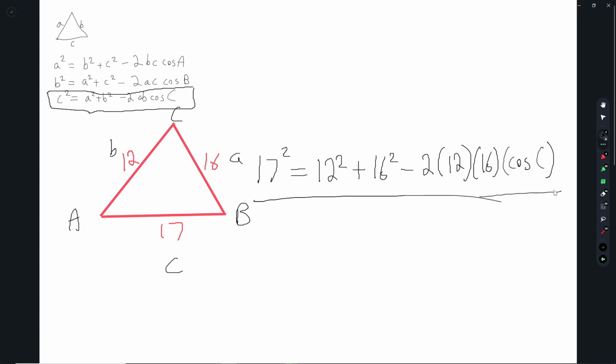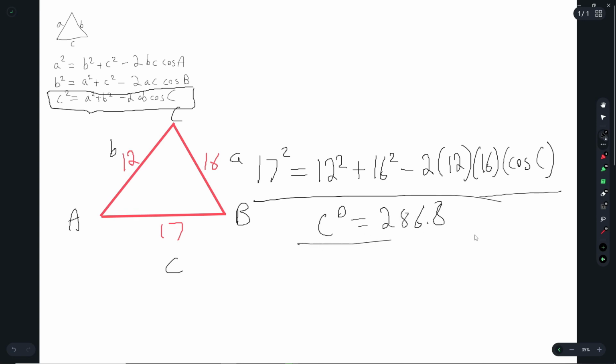So 17 squared equal to 12 squared plus 16 squared minus 2 times 12 times 16 times cosine C. So shift solve. So here I got C is equal to